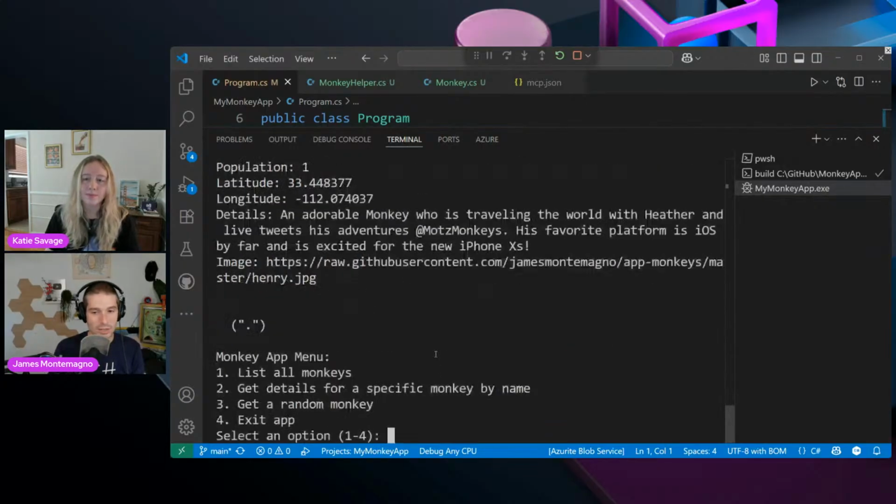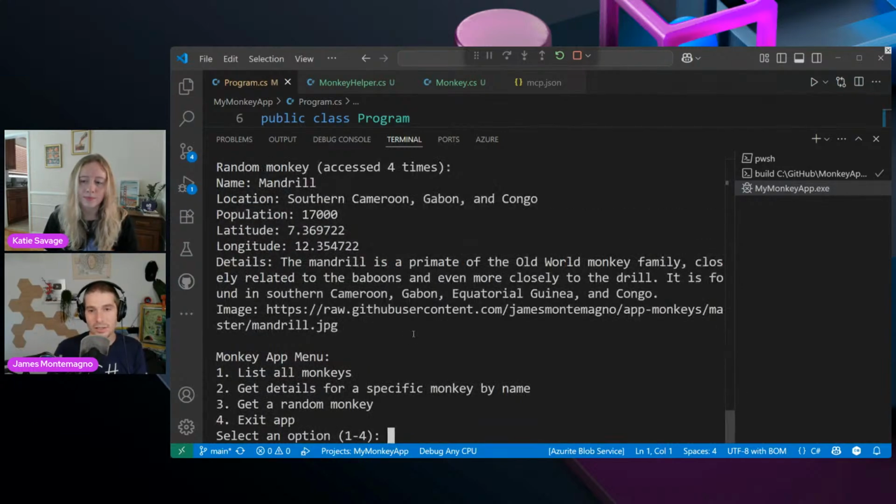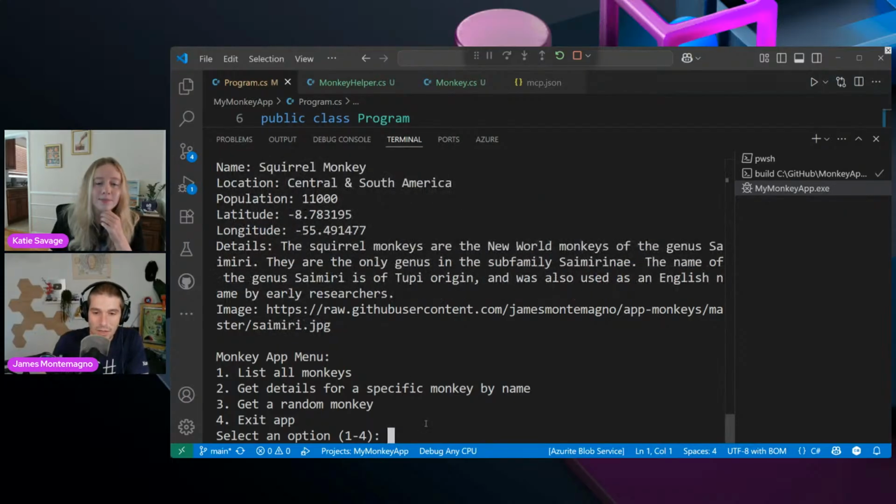I think just because it's accessed by anything. Accessed 3 times for Henry. And I think that's just in general how many times it was called. I could probably update it to say specifically which monkey was accessed. I think it's just tracking how many times we called random, but I could update that. But anyway, we get all this information back, which is really cool, right? So we literally just built an app doing this. And now we could say,